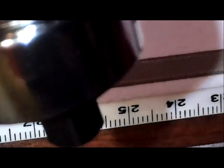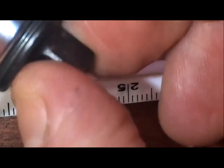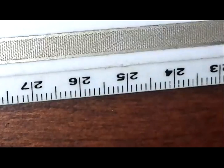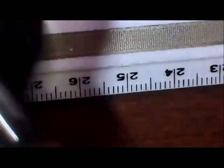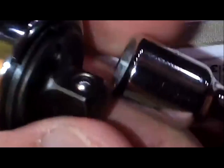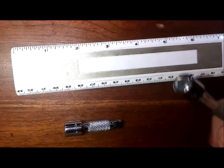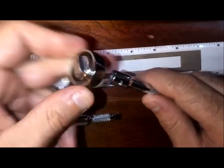older ratchets that I had, the 32 tooth from Ace Hardware. But I would say this is okay, it's fine. This is a 45 tooth mechanism, and it's not horribly high back drag. After all, I can still turn it with my fingers pretty easily. Of course, it fits well with all of the sockets that I have. So as a round-headed ratchet,